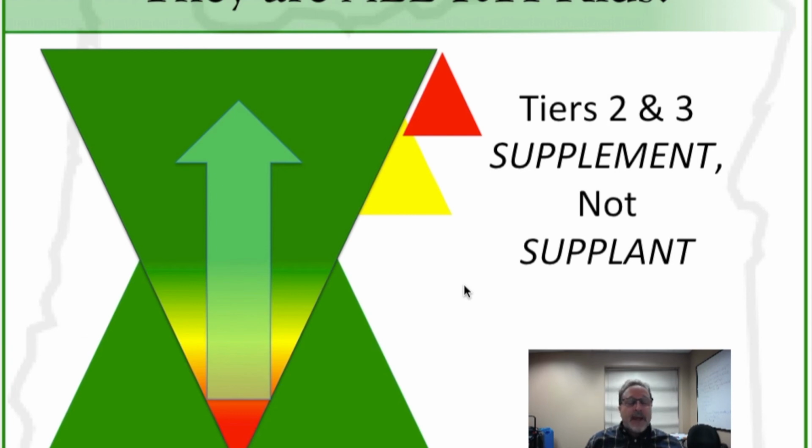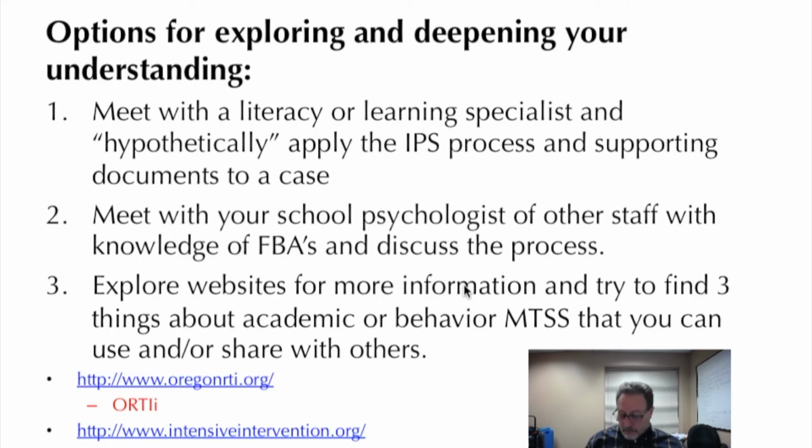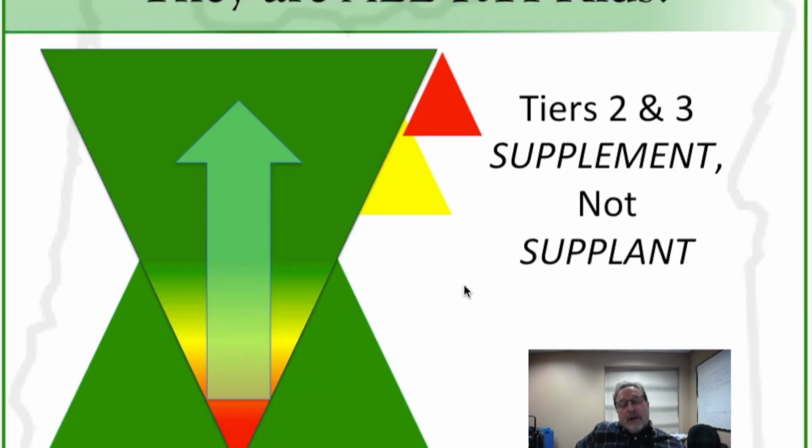It's amazing to look at the effectiveness of really good evidence-based interventions that are delivered systematically and with fidelity. Many kids have those skill deficits addressed and remedied through those interventions, and are able to then function at a level that's appropriate for their grade level and without extra support. So that brings us to the end of this module and to the end of the course, or at least the beginning of the end with this module.